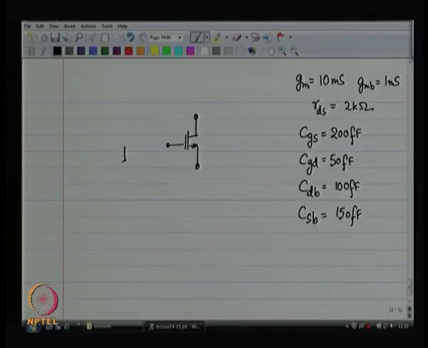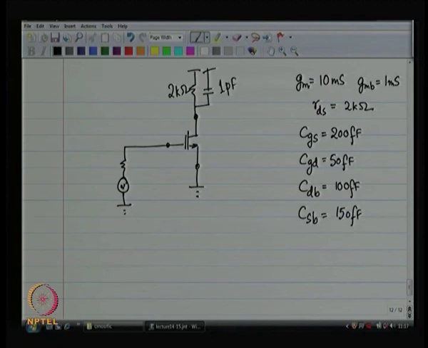All right, and then if you recall the previous lecture, you will see that we started off from this as our design. We wanted RL of 2 kilo ohms and a load capacitance of 1 picofarad. We wanted to drive a load capacitance of 1 picofarad, right. So, we started from this as our design,